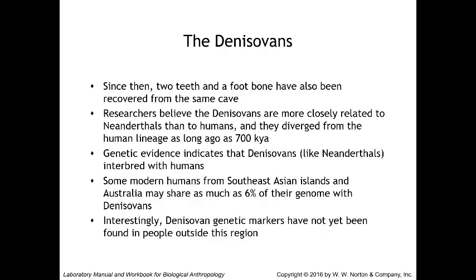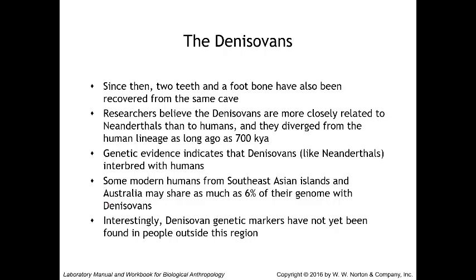Since 2008, 2 teeth and a foot bone have also been recovered from this same cave. So researchers believe that the Denisovans are more closely related to Neanderthals than to humans, and they diverged from the human lineage as long as 700,000 years ago. Genetic evidence indicates that Denisovans, like the Neanderthals, interbred with humans, and some modern humans from Southeast